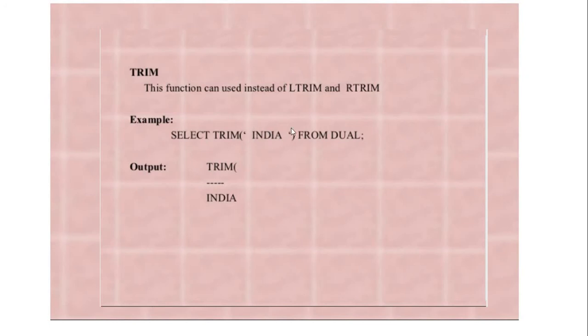So here you can see that there are some white spaces in the beginning and some white spaces at the end, and it will remove those white spaces and give this 'India' as output.